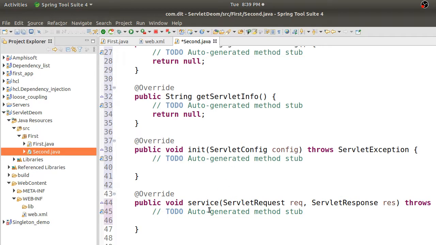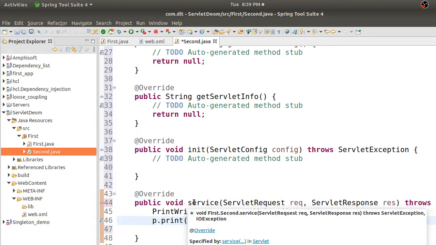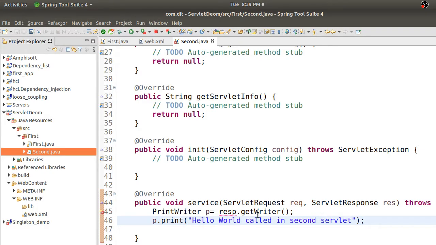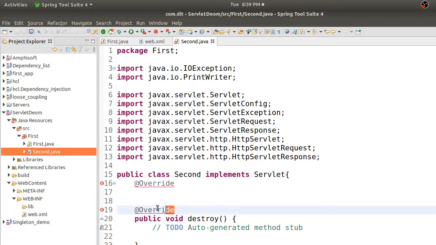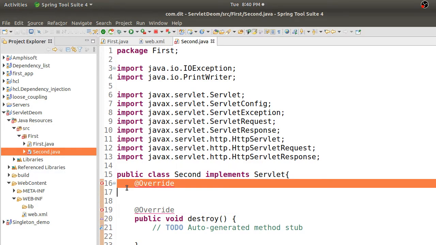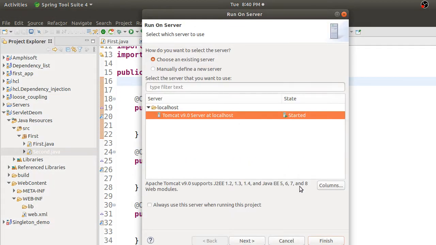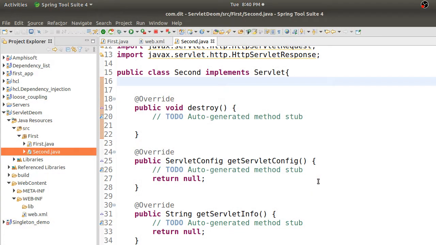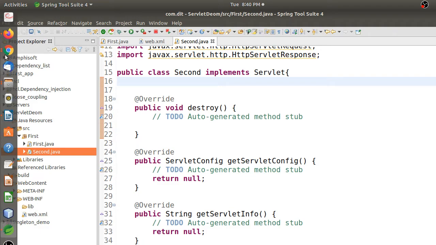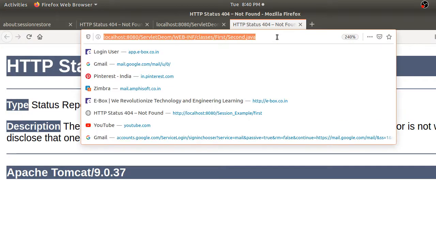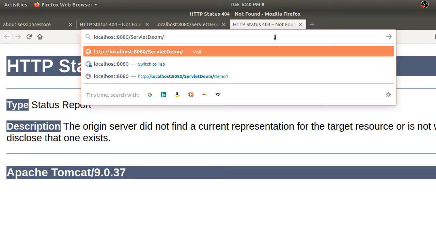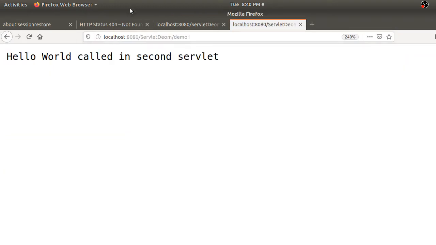Now go inside the service method and write that code. This is also fine and works fine, you just change the variables, and if you run this, it also works fine. This is exactly the same as what we have written before. So I'll just remove this override. Yes, now it is done. This code is also the same. If you run this and send a request for second, it will also give you the second servlet called, and it is working fine. If you go back here and send a request to slash demo1, it will give you the same response.